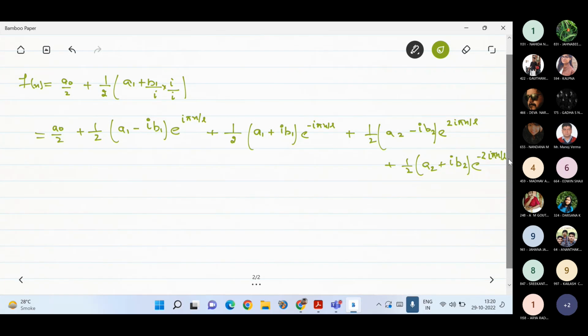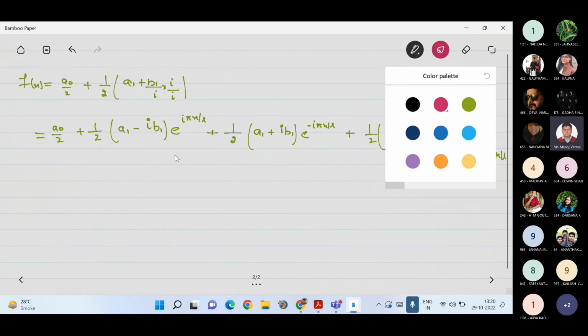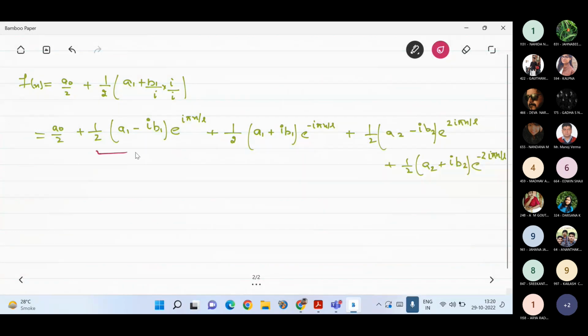So from this, I can see that these terms are actually these terms